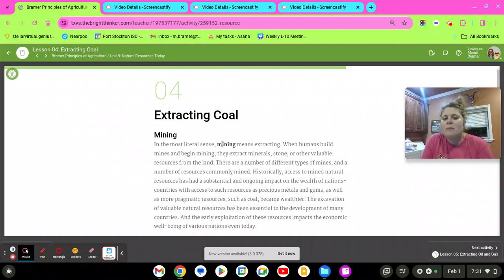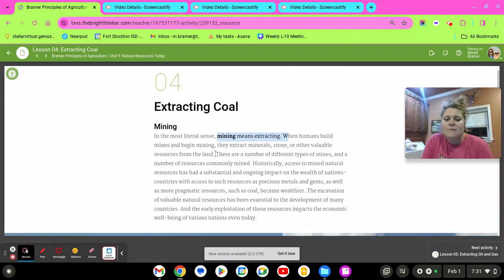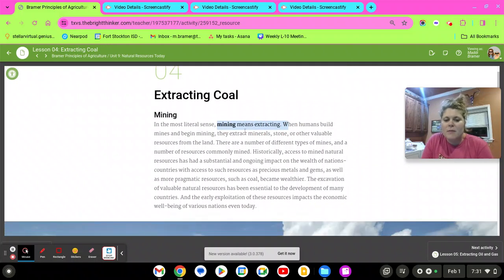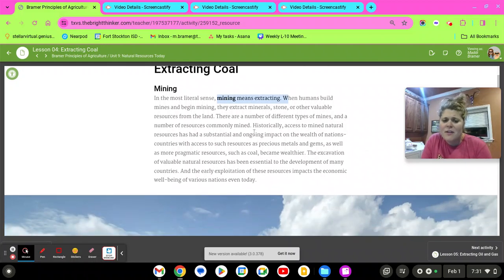And mining means extracting. So when humans build mines and begin mining, they are getting something. They're getting minerals, stone, or other valuable resources. There's a lot of different types of mines. There's diamond mines, there's coal mines. Access to mine natural resources had a substantial and ongoing impact on the wealth of nations. Gold mines,